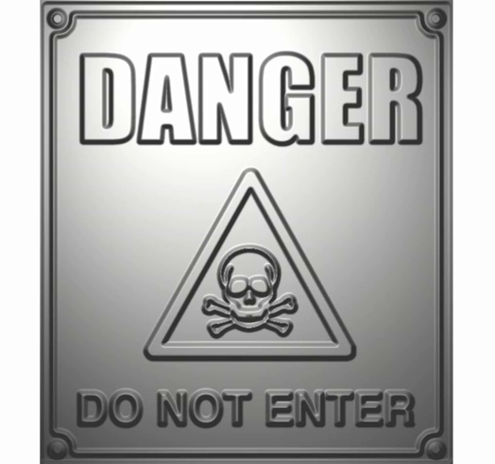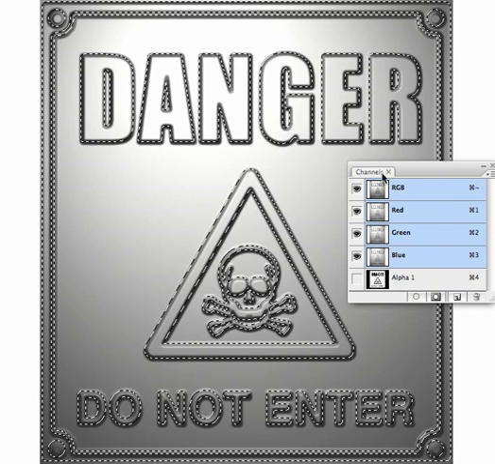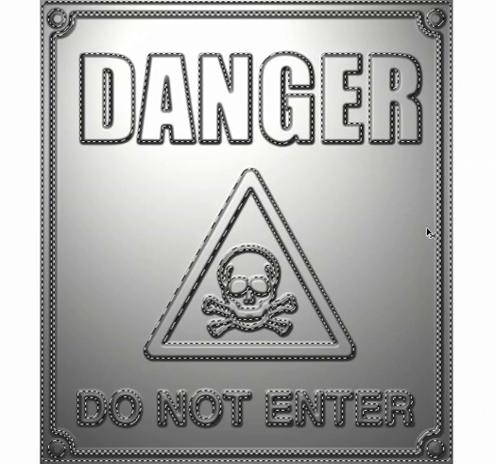Now, one useful thing about the alpha channel is it's made for storing selections. We can load this channel as a selection. Hold Command or Control and click on it. That loads it up. What we can now do, let's hide those edges,